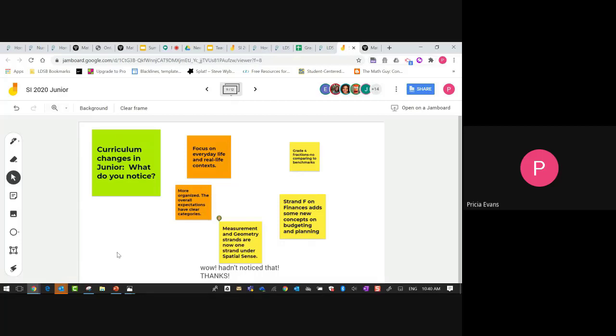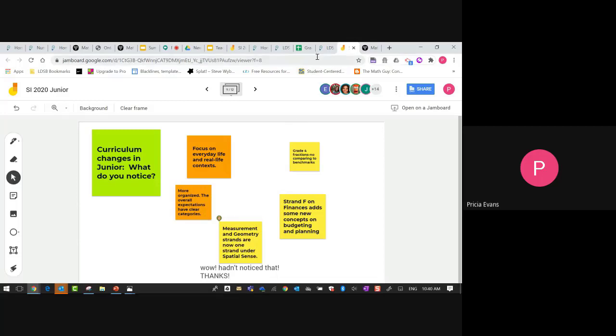In algebra, there's a whole new idea about solving inequalities. So that is new. In data, we've got some infographics from grades 4 to 8. Students need to make infographics, read them, build them, interpret them, etc. There's definitely some changes in the measurement or spatial sense around what shapes we're looking at when we are measuring, changes in angles. So take a look. I know I only gave you about 5-10 minutes to look at that document. It's pretty intense, but I hope it helps you see what the changes are.